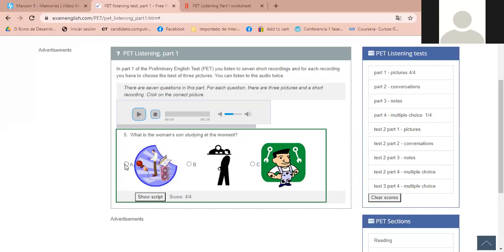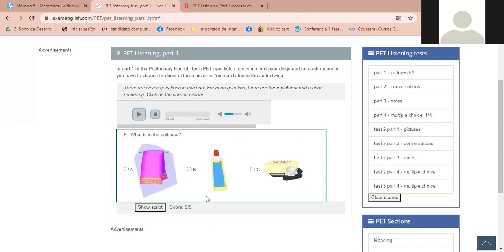Porque la otra persona le dice, wasn't he studying law? I thought he was studying law. También menciona derecho aquí, ¿no? El señor dice, pero no estaba estudiando derecho. La forma de reafirmar que la respuesta es la A es que nos decía, yes, he was, but he changed to journalism three months ago. Dice, sí, pero se cambió hace 3 meses a periodismo, ¿no? So yes, the right answer was letter A. Thank you, guys. Let's continue with number 6.